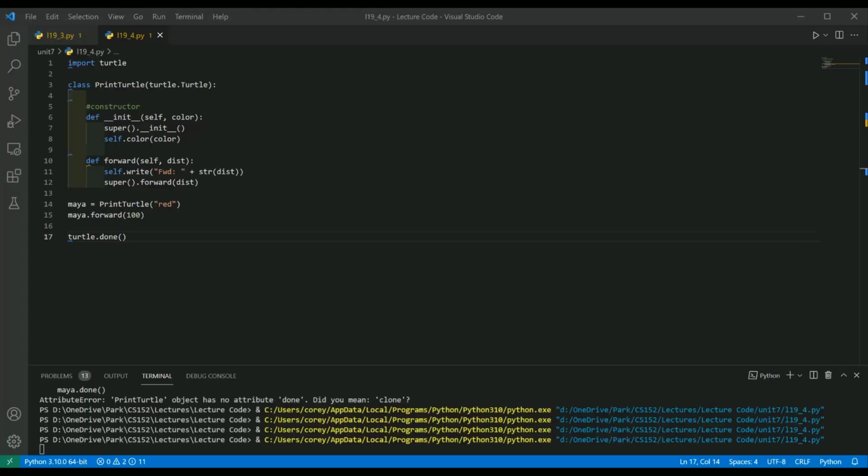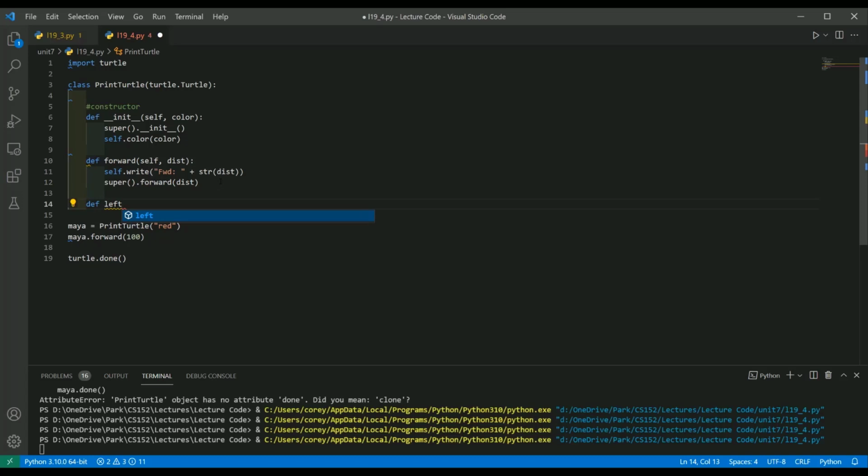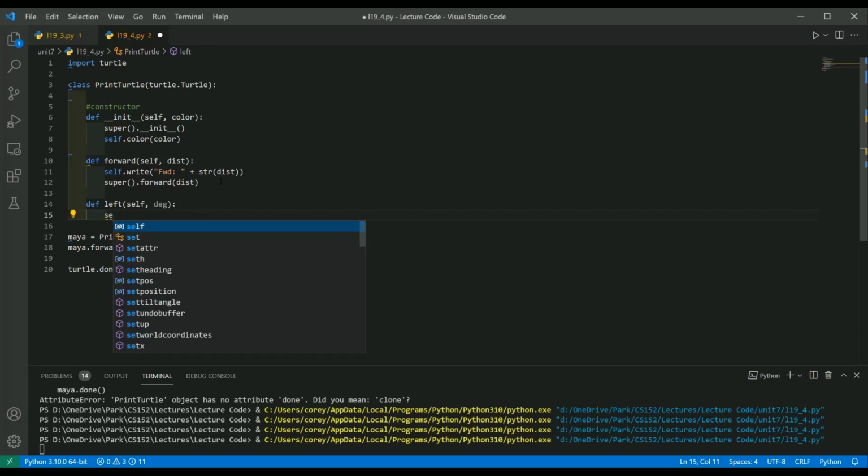Pretty cool. I went forward 100. Let's give it another command. Well, that's actually, let's cut back over. Let's do two more, right? So we're going to define left, and we're going to pass in self and a degree, right? And then we're going to self dot right,